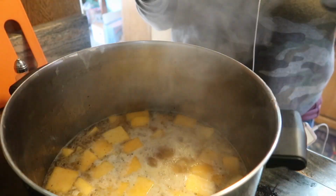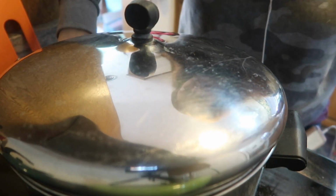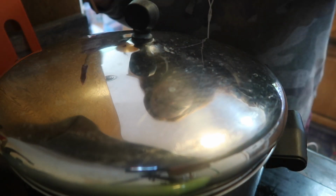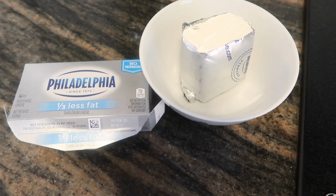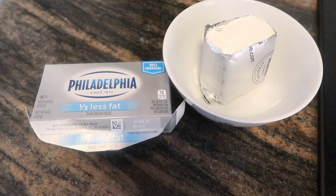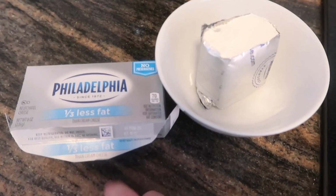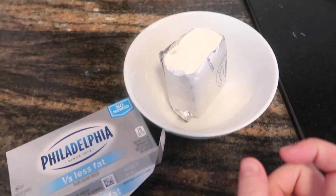Okay, it is boiling, so I am just going to cover it, turn it down to a simmer, and check on it in around 20 minutes. Okay, so the soup has been simmering for about 20 minutes. The squash is really tender, so I just measured out 4 ounces of this 1/3 less fat Philadelphia cream cheese,